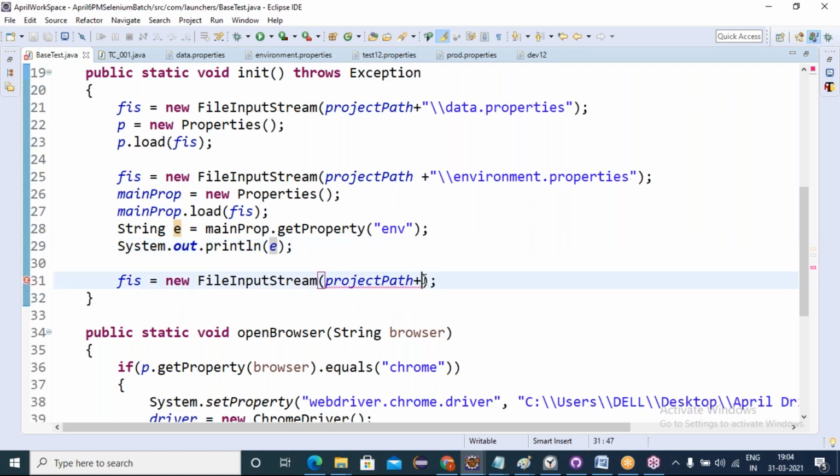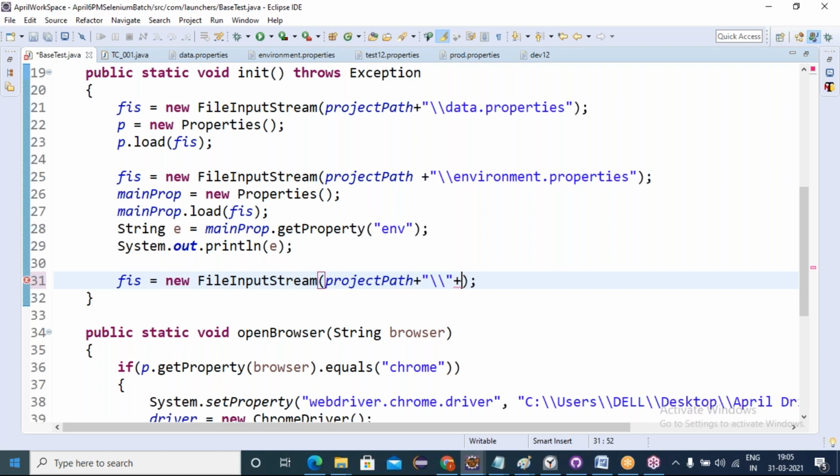Project path, concatenation, and double slash, FS trophy, double slash. Dot properties, concatenation. Then E, we have to give, right?